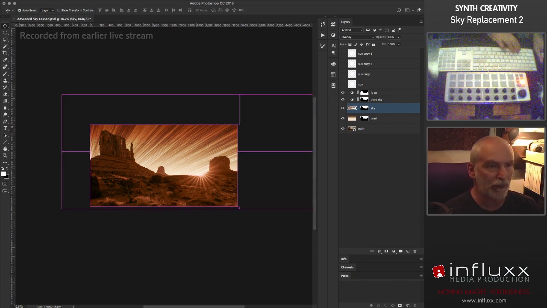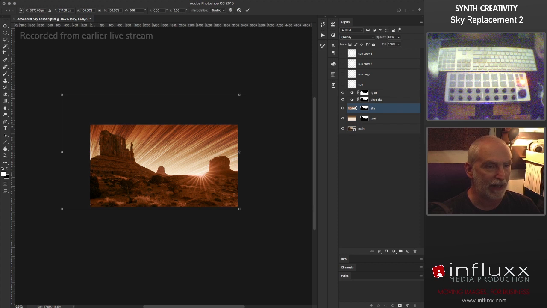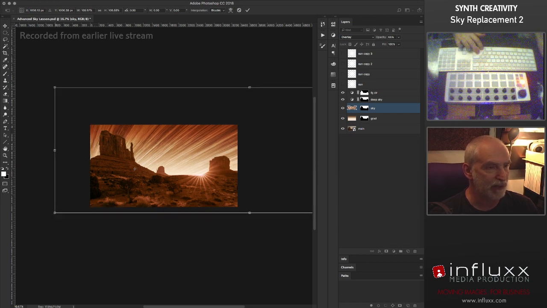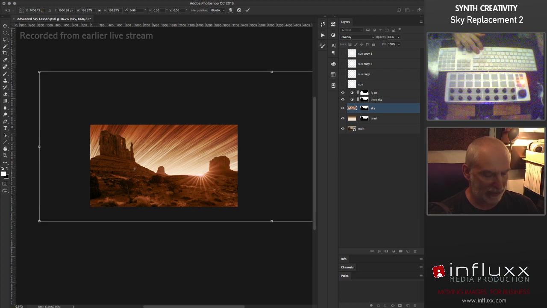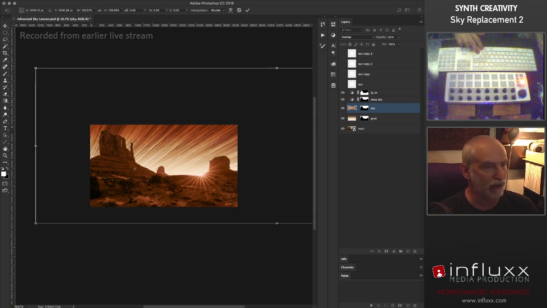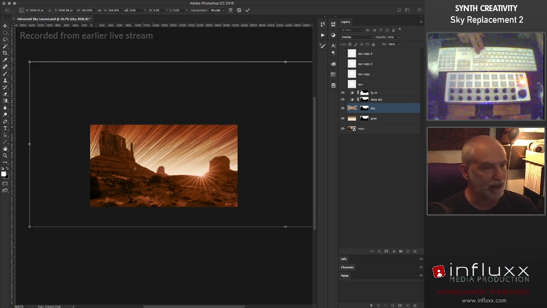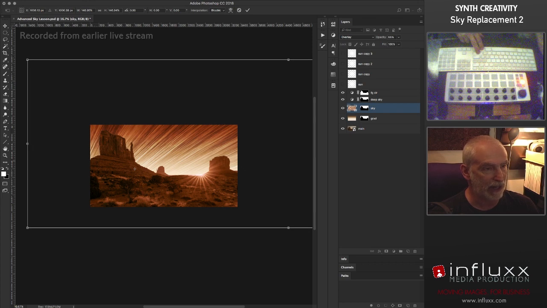So what I'm going to do is scale this up again. Now I'm going to drag the center point down to roughly where the lines are converging. And I'm going to hold down Option Shift, and then it's going to scale from that point. I'm just going to scale it up, holding down Option Shift and dragging one of the corners, and it's going to scale the entire sky up, but with this as the center point. So it maintains that